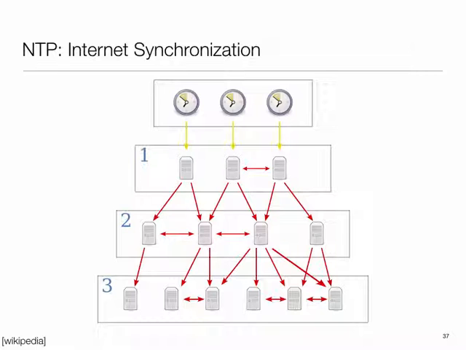So at the top level are servers which are basically the root of the system: atomic clocks, or something very precise like that. They are synced to UTC. Oftentimes nowadays they use a GPS for that purpose. Then they distribute time to the next tier, which in turn distributes time to the next tier, and then finally